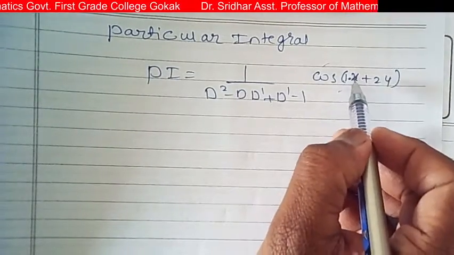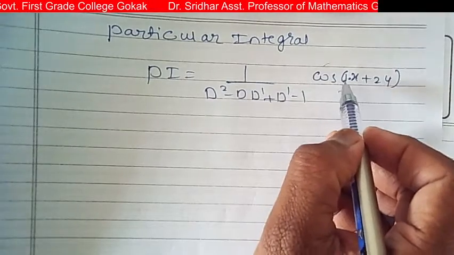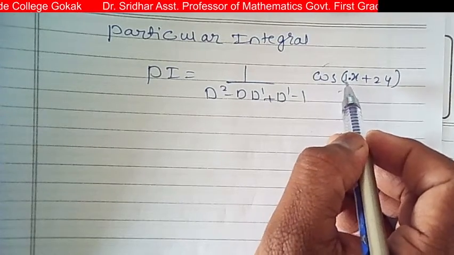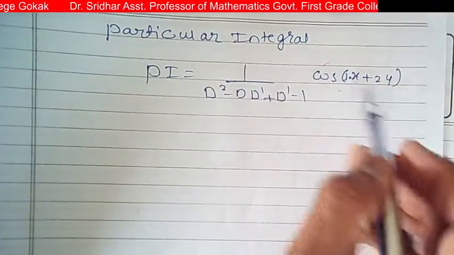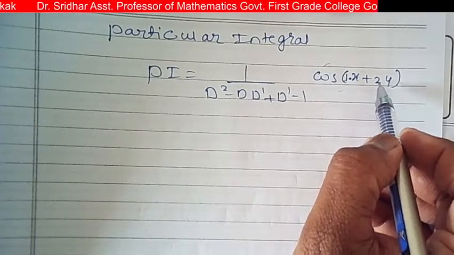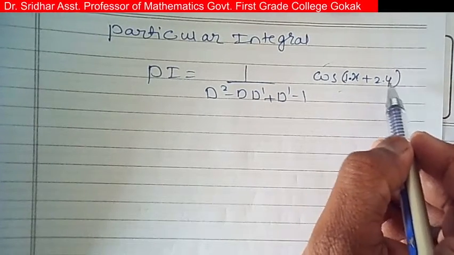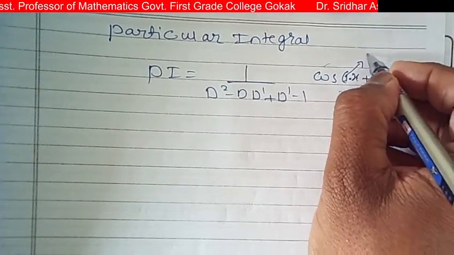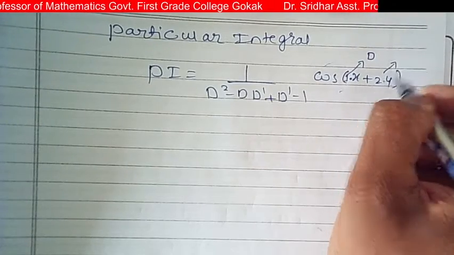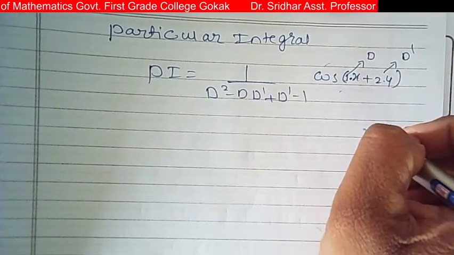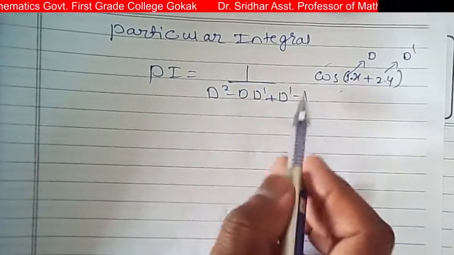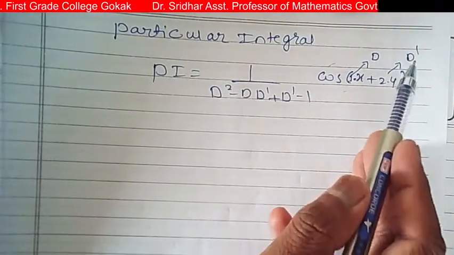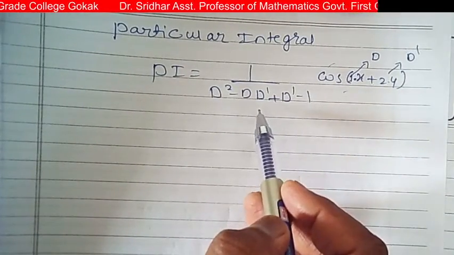So this can be written as 1 into x, so x into 1 is x, and here 1 is the coefficient of x, and similarly here it is 2 into y, so y's coefficient is 2. So therefore this 1 we have to replace as d, and this 2 we have to replace as d dash. So in this case we replace d is equal to 1, and d dash is equal to 2 here.